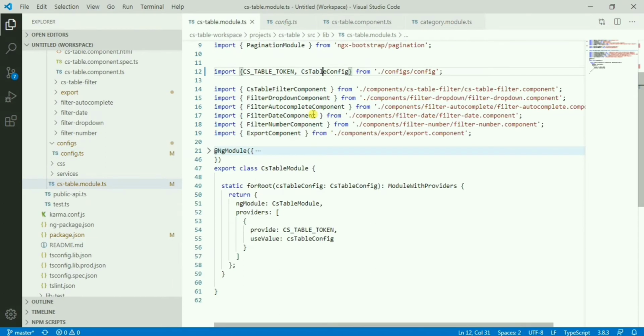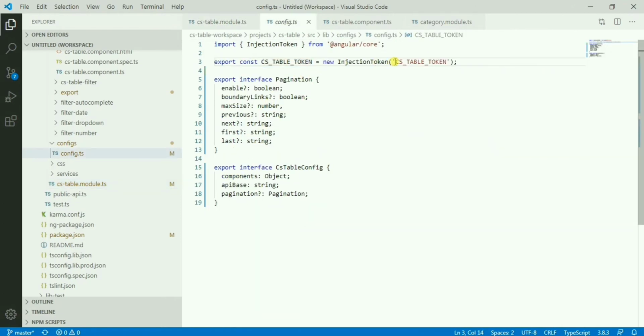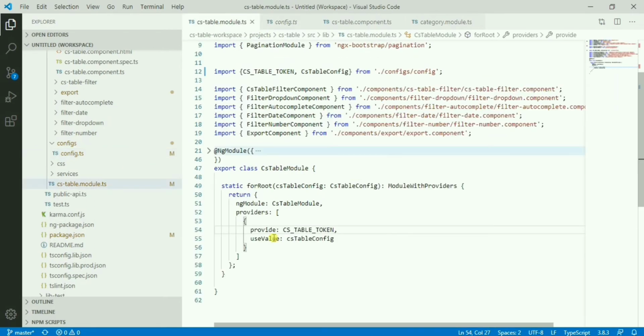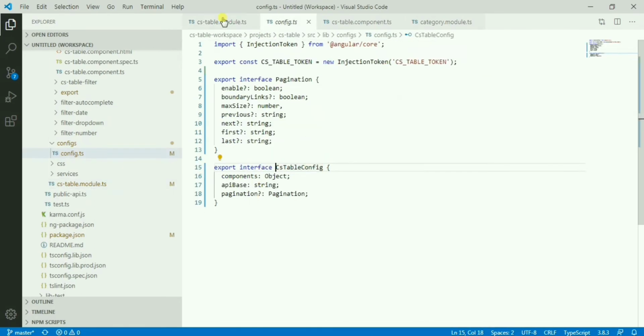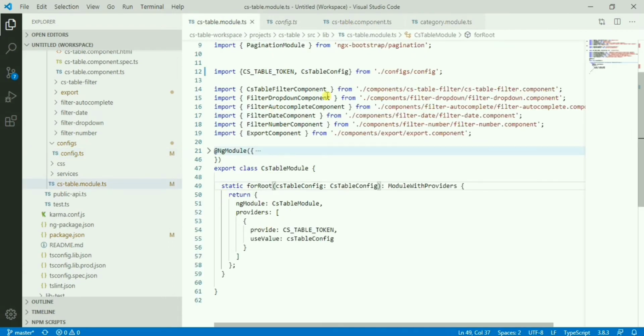Here in this section, I'm just saying that these are all the parameters I need. So it will be passed as a provider. We are saying that this is the token for our provider. This is simply the token I'm using throughout my library components, and this will be the value, the configuration options. So these are the configuration options we just saw. Now this is fine, from here this is done.